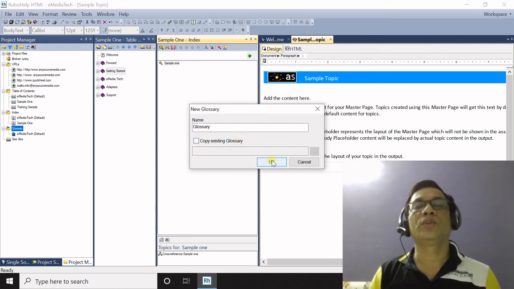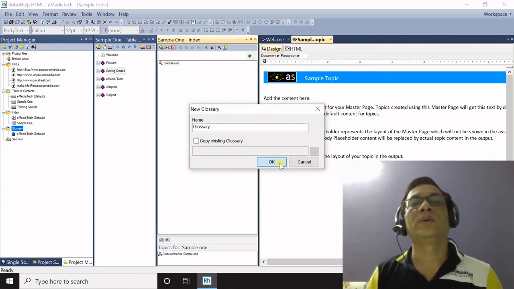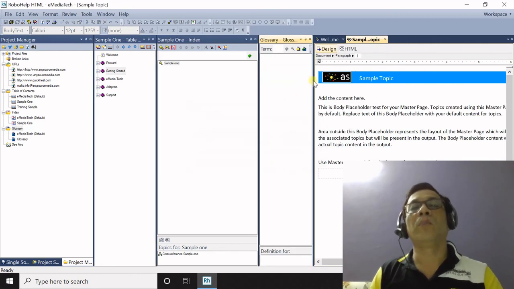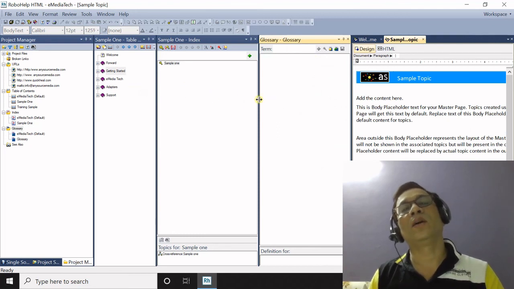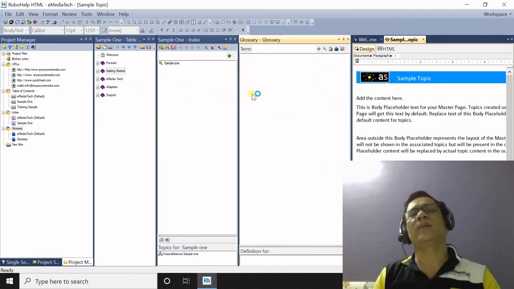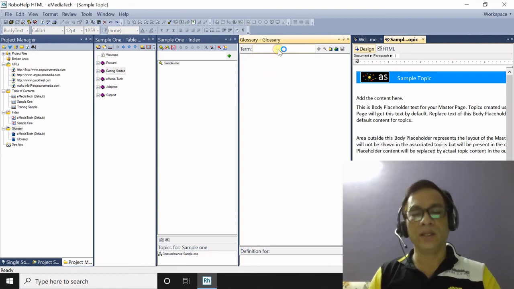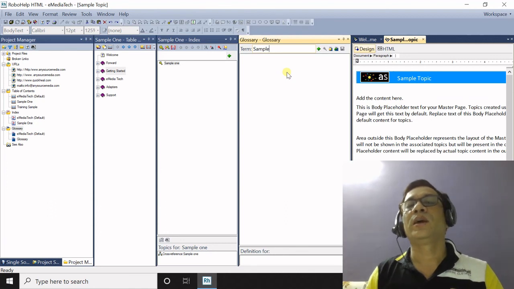But once again, I'm going to show you how to create it manually. All these are called pods in RoboHelp. Actually, they are very much similar to panes. And then write the keyword for your glossary. Then click this add button.